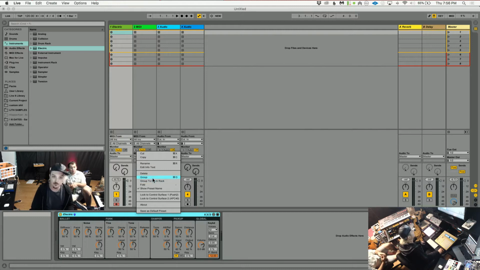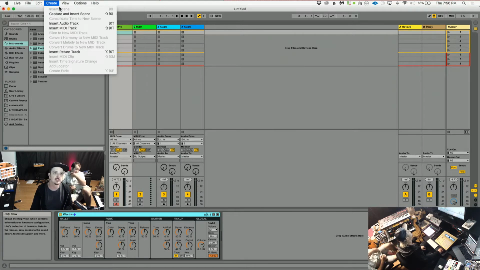if you're ever using any DAW, or any software really, anytime there's a keyboard shortcut, if you go in the menu, you'll see the keyboard shortcut in the menu, and that can be a really great tip. If you find yourself using a feature a lot, whether it's in Word or Photoshop or whatever, be on the lookout for that. In these menus, there's the keyboard shortcut, so it's Shift Command I for capture and insert scene, or Command T for new audio track, and then this one where you see